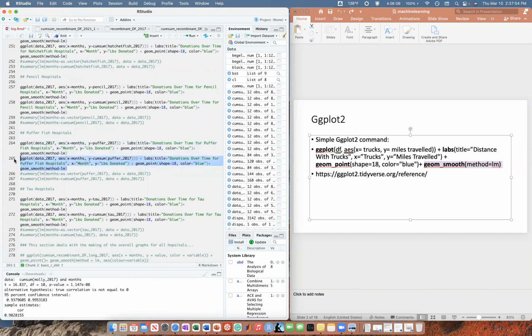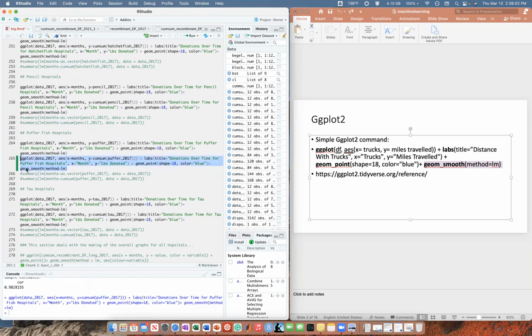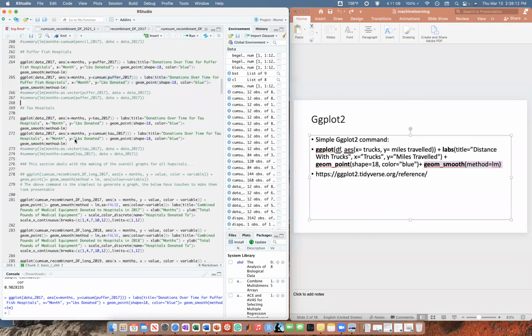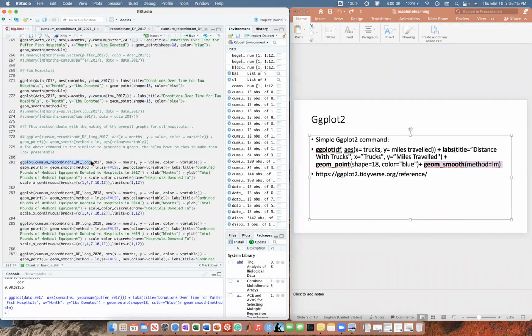So if you want to graph any of these and work with it, you're gonna have to do cumulative summation just because it gets rid of all the zeros, and that really messed a bunch of stuff up. So these are some of the nicer graphs I generated. So really nice regression, really tiny confidence intervals, and it's pretty linear. So I did this for every single one. It took a bit. Anyways, so going down here, I did the cumulative sum of the recombinant data frame, just some fancy language I used, which said, hey, use the data frame I created from all the hospitals, and then color them by the hospital used, make the y-axis the pounds, x the months, and graph a line for every single one of those hospitals.